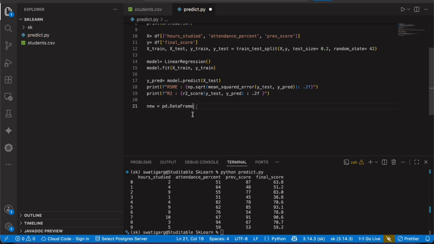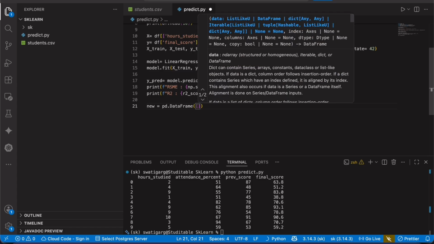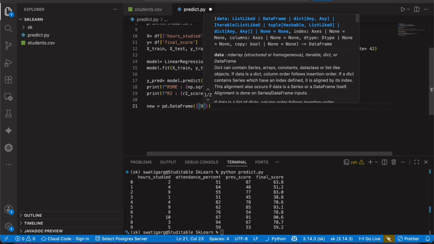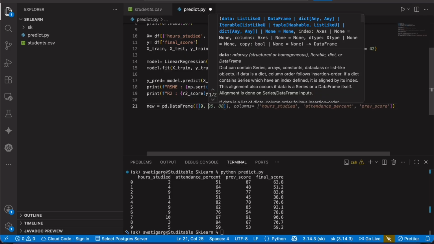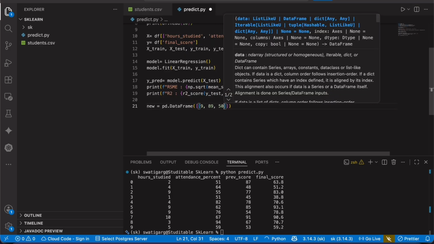DataFrame, and here we'll give the input values: hours studied, attendance present, and previous score. So we'll be giving three values. The first value is, let's say, 9 for hours studied, attendance is 89, and the marks, let's say, is 50.